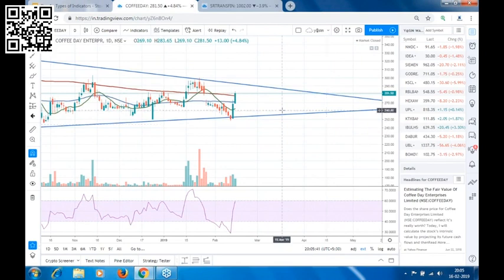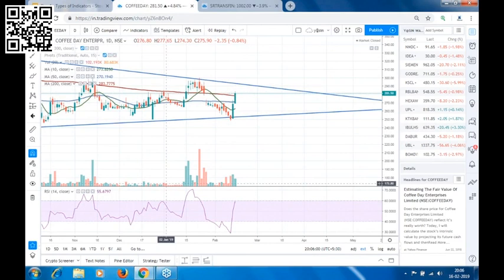Now if we see the stock of Coffee Day, this is a bullish Marubozu candle, and you can see the stock has crossed the 50 period moving average and 200 period moving average, and the stock closed above the 200 period moving average. And if you see the RSI also, RSI is about 59. That means it is about to cross 60. Now, if I look at the daily chart, the stock looks good to me for trading.